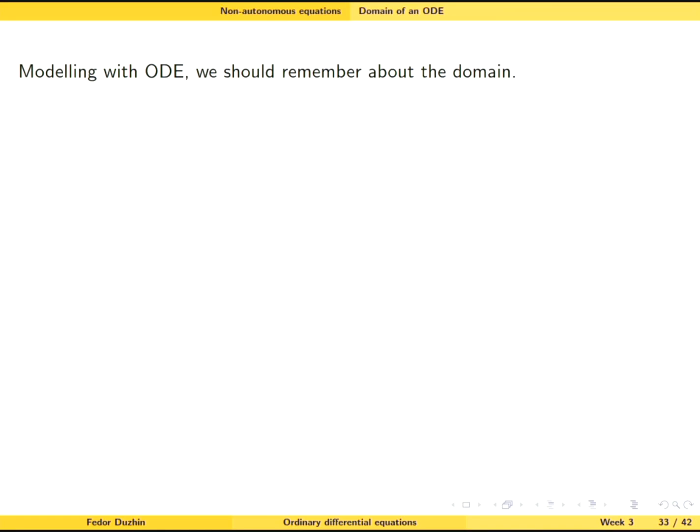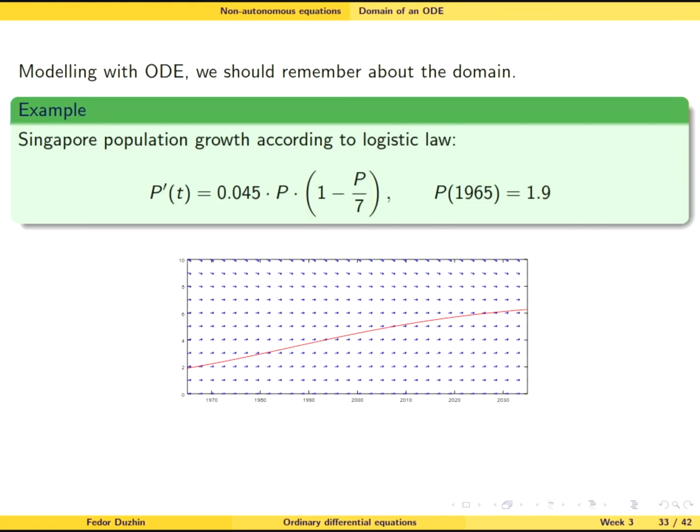And then I would like to say a few words about the domain of an ordinary differential equation, or the solution of an ordinary differential equation. Probably the easiest example to think about is, what if we want to model the Singapore population growth according to the logistic law? So it means that